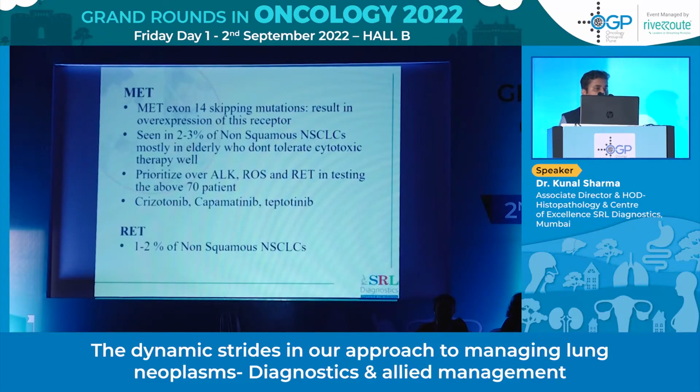The other mutations that we commonly encounter are MET and RET. In MET, you can see copy number variations and point mutations, but the most targetable and pertinent mutations are the MET exon 14 skipping mutations. The drugs used in these cases are crizotinib, capmatinib, and tepotinib. Now, the important point to remember from the clinico-pathological purview is that these mutations are usually seen in patients who are more than 70 years old. In these patients, you can't use broad spectrum chemotherapeutic agents very well. They don't tolerate cytotoxic therapy. So whenever you have a 70-year-plus patient, and if the tissue is limited, you should probably go for MET testing first.